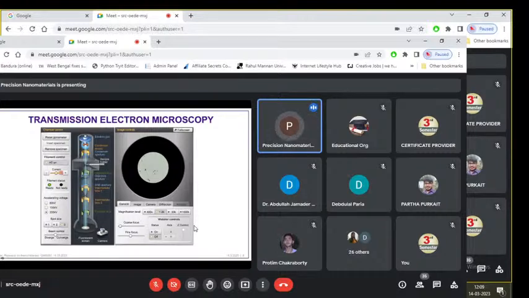You have a series of condenser lenses, and then essentially you get the light that is passing through your object, and you can use it as an analogy to the shadow that I have shown previously. However, here the beam is transmitting through the sample. It's transmission electron microscopy. The problem with transmission electron microscopy